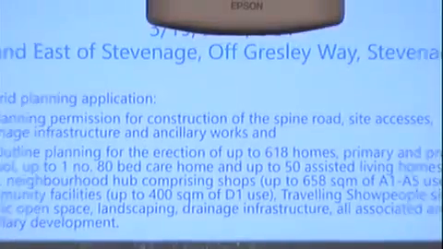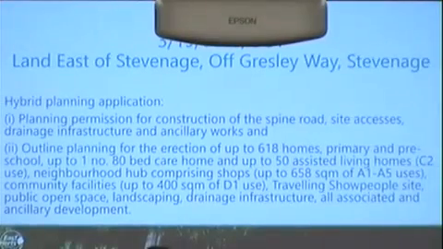So, we now have item 5A. This is application 319-0118 OUT. This is a hybrid planning application for 1, planning permission for construction of the Spine Road, site accesses, drainage infrastructure and ancillary works, and 2, outline planning permission for the erection of up to 618 homes, primary and preschool, up to 180-bed care home and up to 50 assisted living homes, C2 use, neighbourhood hub comprising shops,